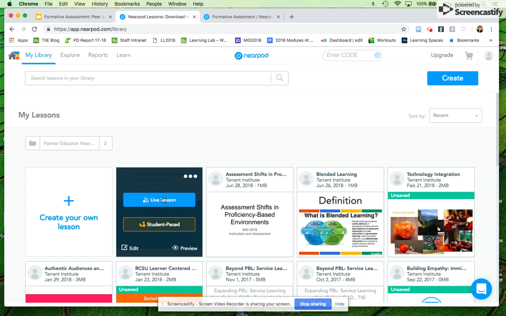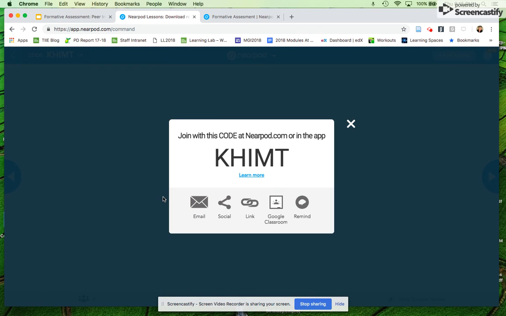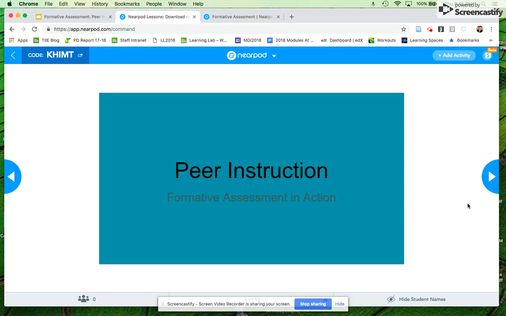and what that looks like when I've got students in a classroom and I want to go ahead and demonstrate that and use this. So I would click on the live lesson, and then I would ask students, no matter what device they're on, whether it's their iPad or their Chromebook or their laptop or their phone, as long as they go to nearpod.com and put in this code, they can join, so they don't need to have a direct account. And what would happen is this slide would be on their device, and I could go ahead and control what happened for them to be able to see on the device, the content slides that I want to go ahead